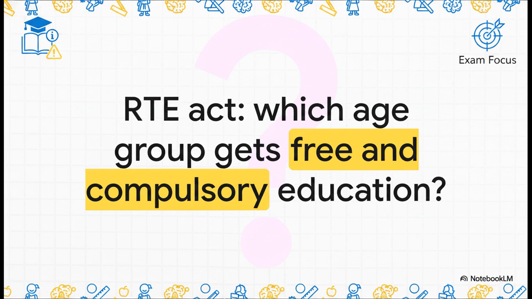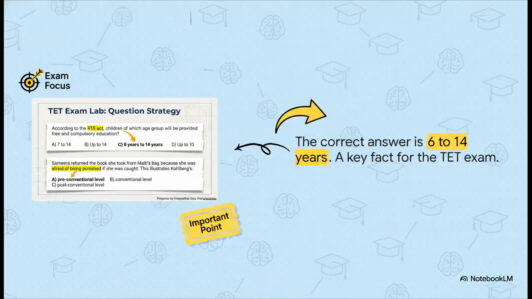Okay, let's start with a classic, straight-up factual question you're very likely to see. According to the Right to Education Act, which age group gets free and compulsory education? Have a think. What's your answer? And the correct answer is C, 6 to 14 years. This is one of those things you just have to memorize. It's a key piece of legislation that shows up constantly on the TET, so make sure you lock that one